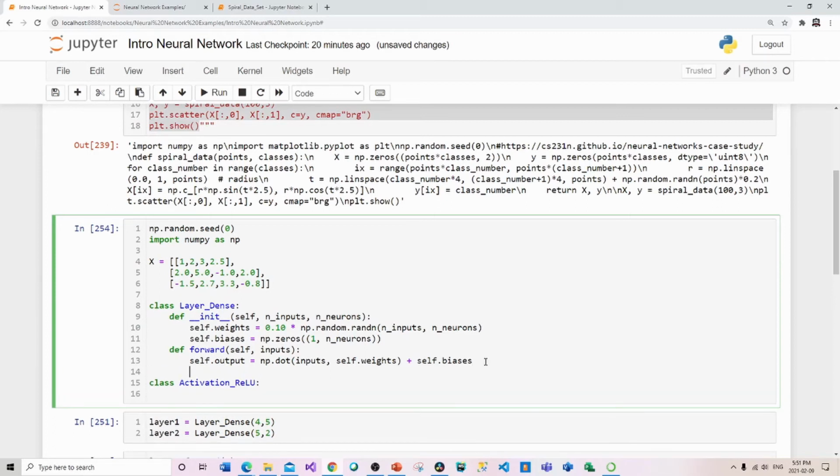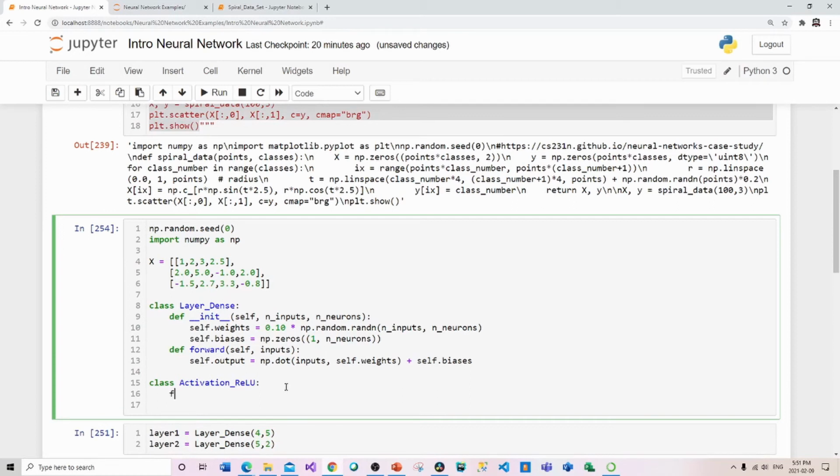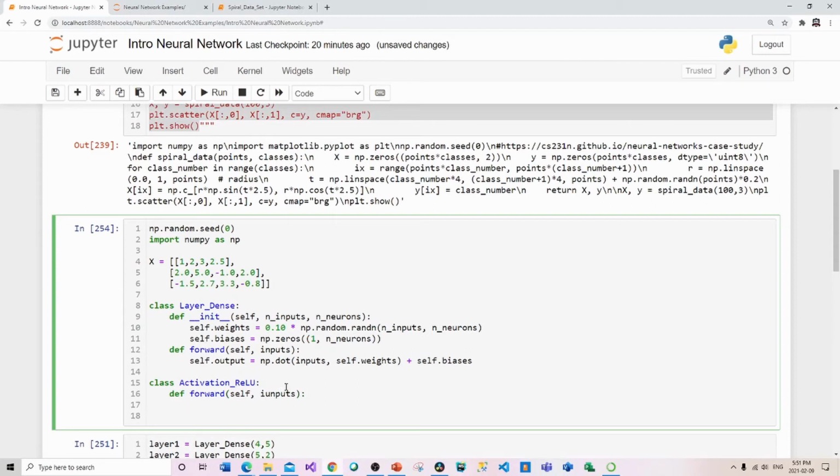The way I'm going to do this is just def forward, and it'll be self, comma, inputs. The next thing I'm going to do is self.outputs